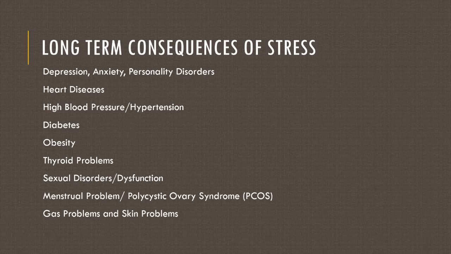Okay. Next is sexual dysfunction disorder, which I have already discussed. When we have a prolonged amount of stress for months, for years, we tend to develop sexual dysfunction disorders like erectile disorder, or sometimes early ejaculation. You can also have menstrual problems, as we have already mentioned there. We can have polycystic ovary syndrome, PCOS it is known as. Ladies will know it better. This is a very common symptom these days, and it is coming a lot.